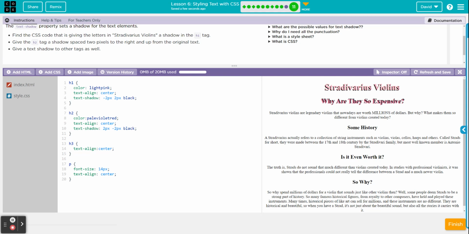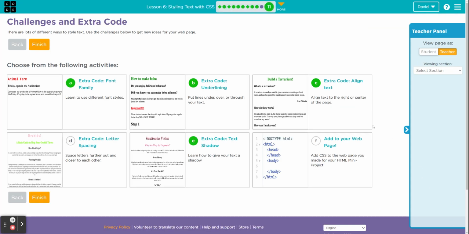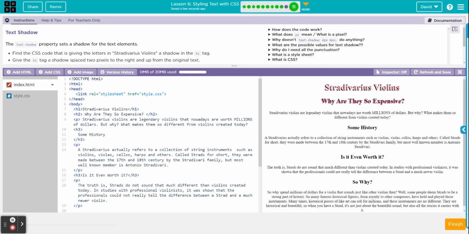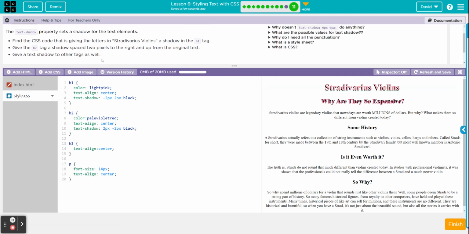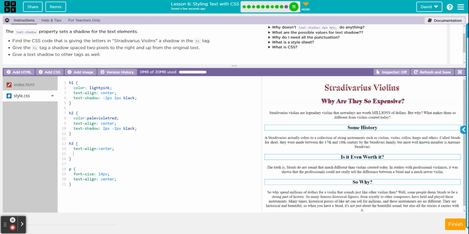Give text shadow to other tags as well. Oh, whoops. I didn't do that, did I? Let's head back to it. And let's go back to the style sheet, because I forgot to do the rest of it. Give a text shadow to the other tags. All right, so I'm going to do it the lazy way. Control-C, Control-V,